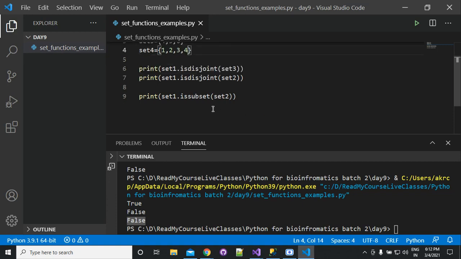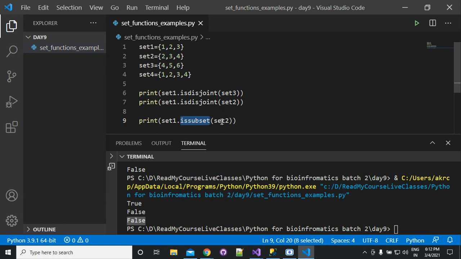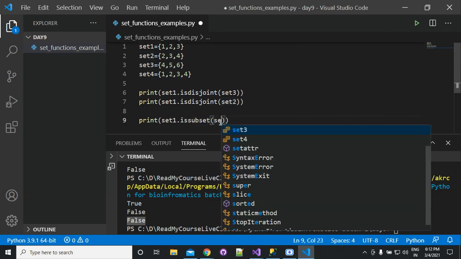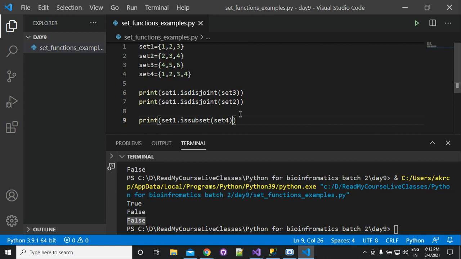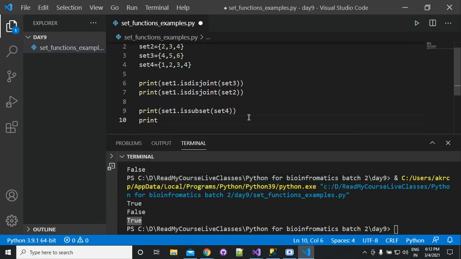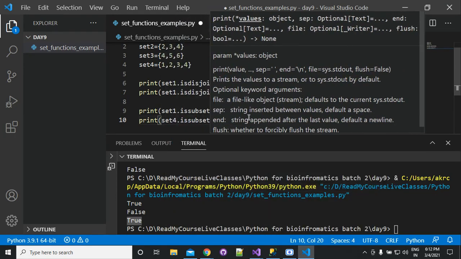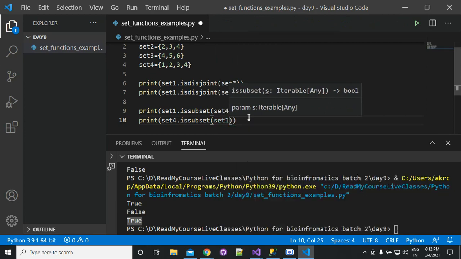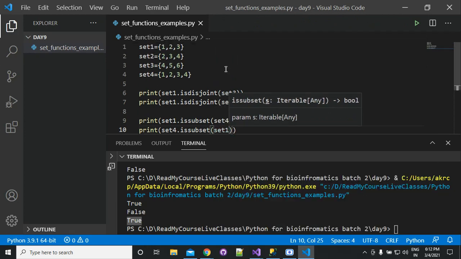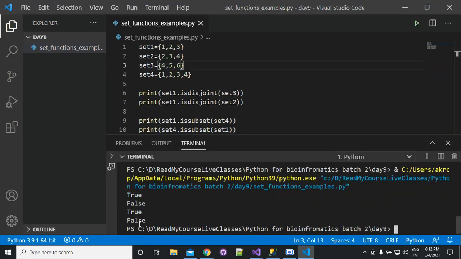Now if you write here set 1 is a subset of set 4, then it will return true. Why? Because every element of set 1 is present in set 4. Similarly, if we write print set 4 dot issubset of set 1, it is returning false. Why? Because every element of set 4 is not present in set 1.